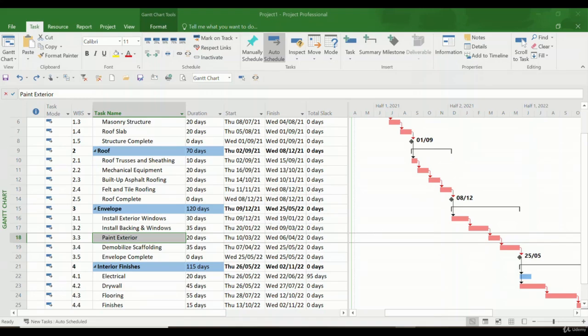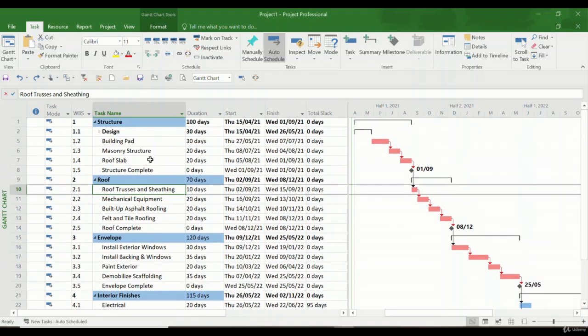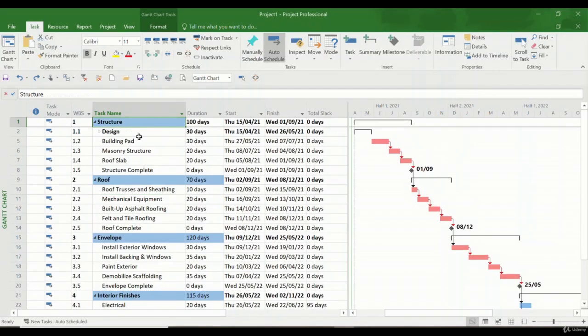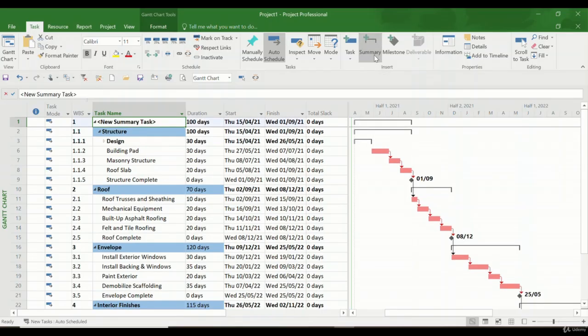Hi, in this lecture I want to talk about the summary task. If you recall, I've mentioned it briefly, but right now if I go to the tab, you see that we have the insert here. I can click here and insert a summary task, and it is added to